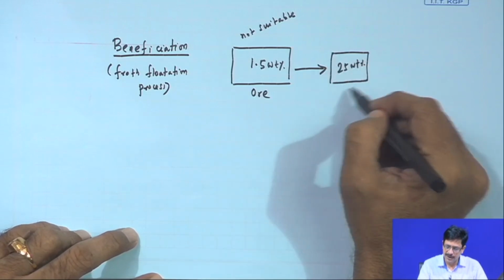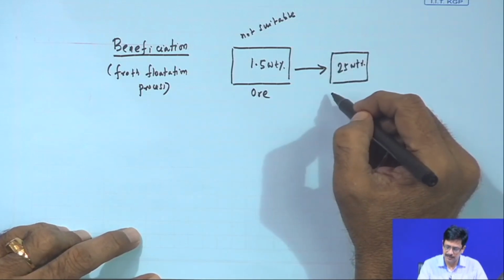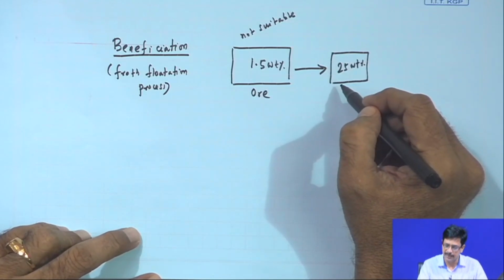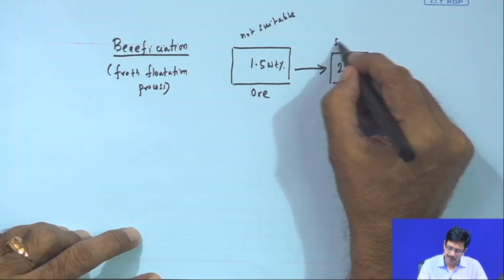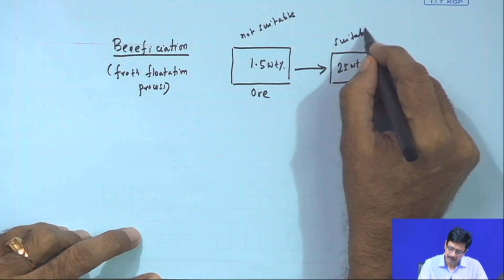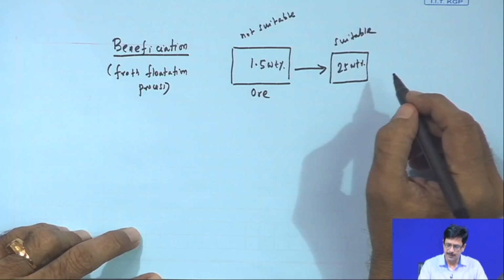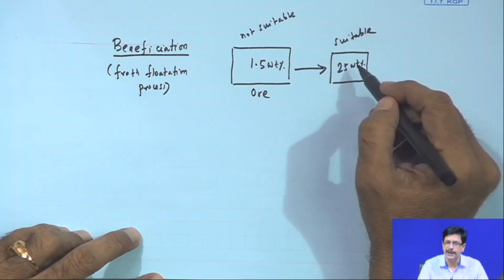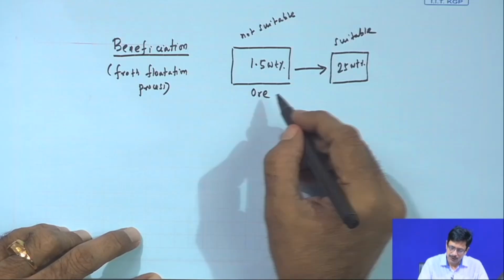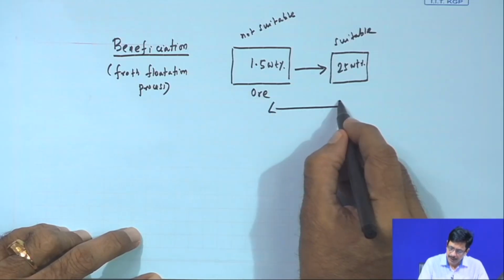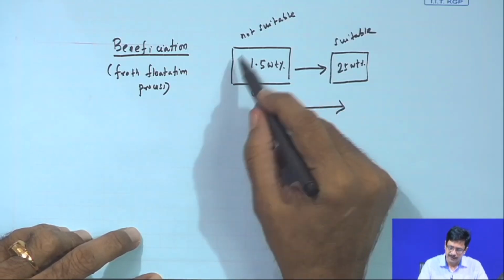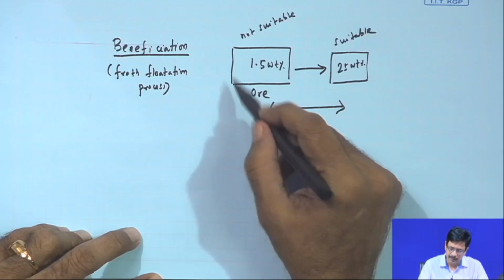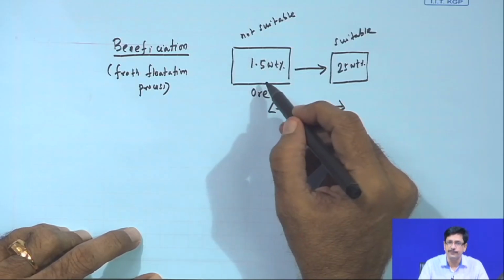Only when it becomes a material which is 25 weight percent by its concentration of the metal does it become suitable, as per the present day technology, to be taken into a smelter for extraction of the metal. So then we need to have a process for increasing the metal content from this ore of 1.5 to